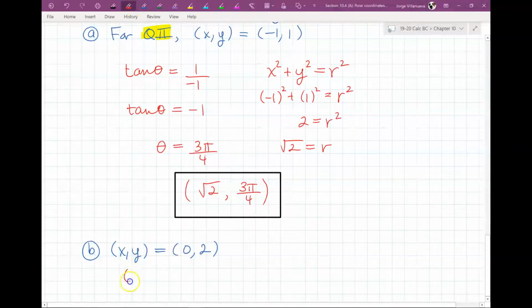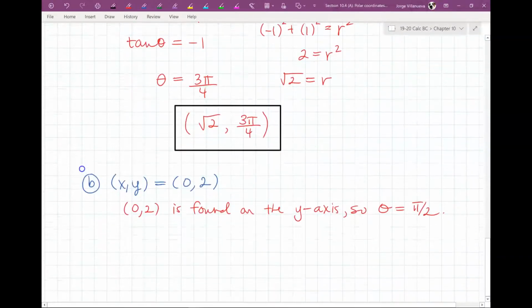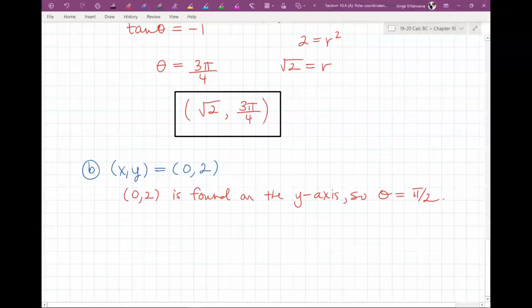Let me put that right here. 0, 2 is found on the y-axis, so theta would have to be pi over 2. Right? Now, knowing that,